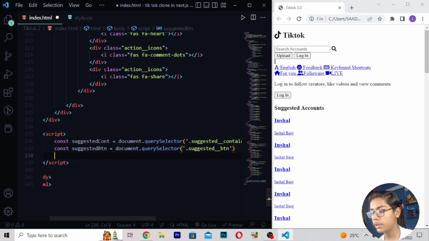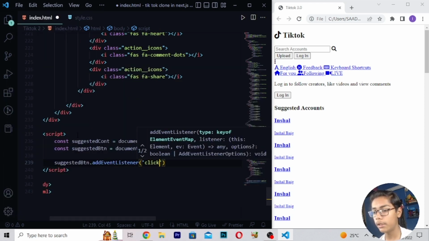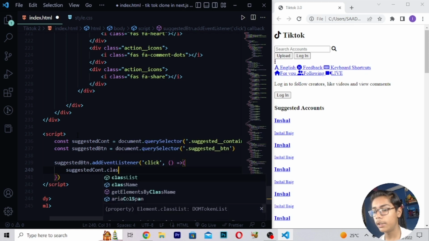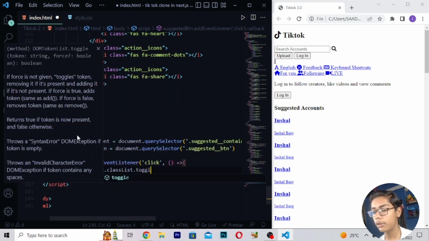Don't close this tag, you have to move down. Suggested btn dot addEventListener, then you have to write click, comma, then I will be making this tag equal to, moving down, suggested on dot classList dot toggle, then expanded.